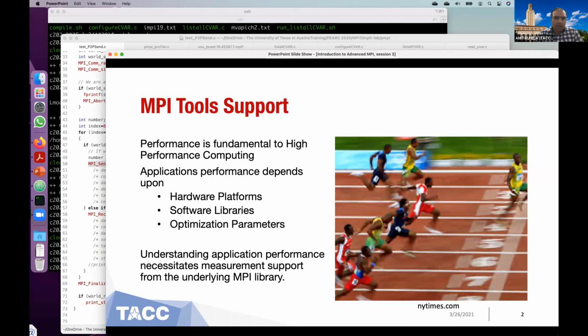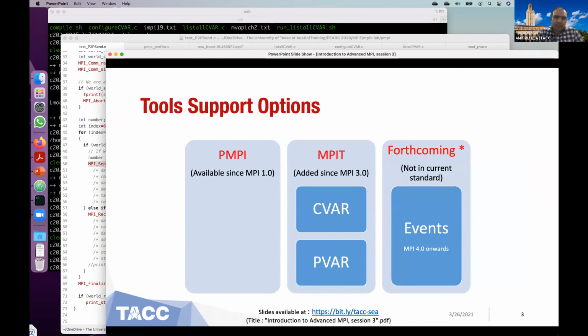The MPI standard provides a couple of interfaces to profile your applications. In this presentation, I'll be covering three different aspects of the tools interface. The first one is called PMPI. It's been there right from the inception of the MPI 1.0 standard, and it has been quite popular for several decades.